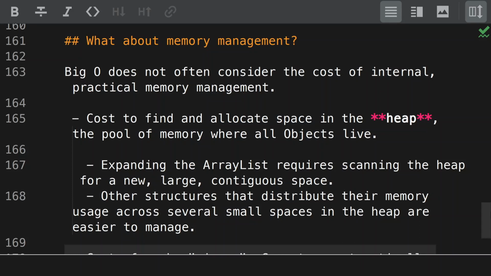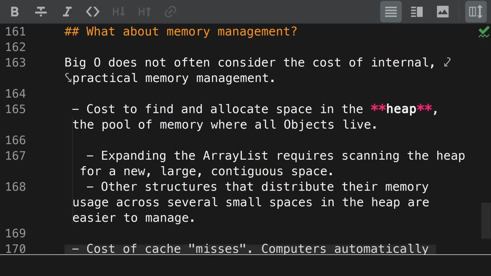What about memory management? We've talked a lot about runtime cost, but what about the practical internal memory management operations that have to happen when we find space to allocate a new array or a new object? Big O often does not consider these things. However, under the hood, there is a cost to find and allocate space inside the heap, this pool of memory